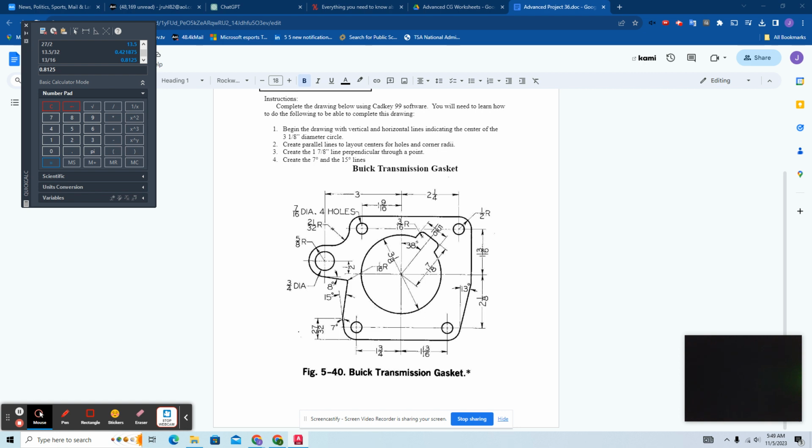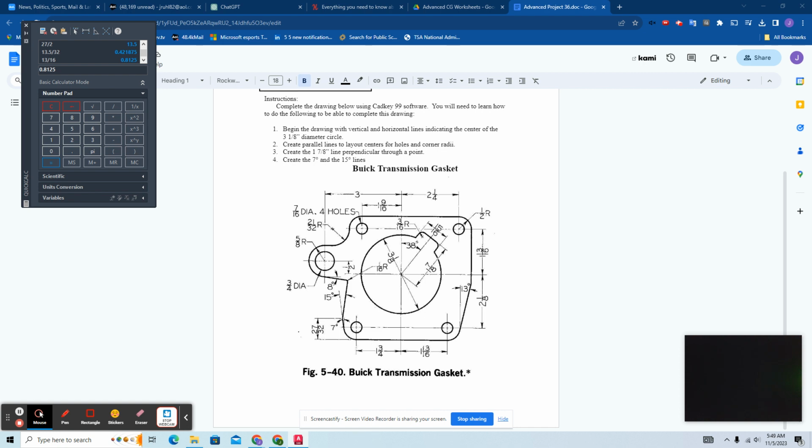And we got to go over this way, 2.25, 2 1/4. Enter, circle, D, 7/16, space, good, 0.5,